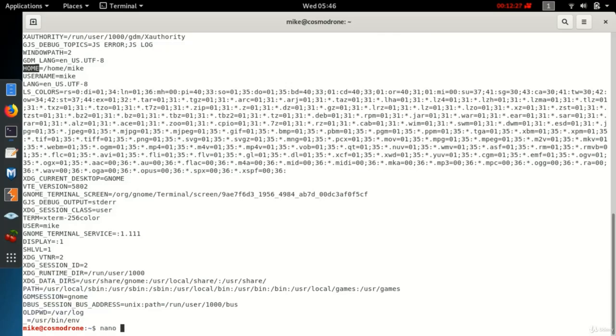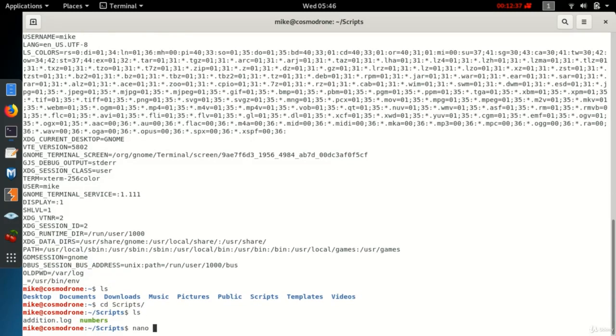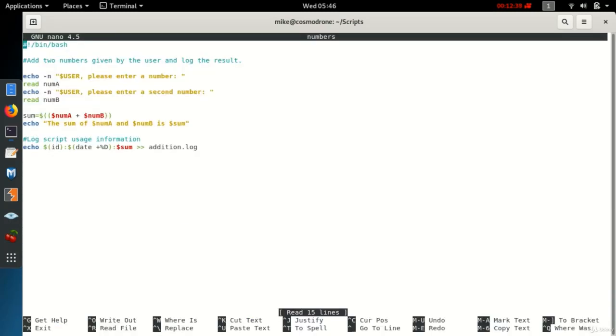So let's go to nano numbers. Oh, I'm not in the right directory. cd, where am I? I got to figure out where I am. Oh, there. cd scripts, nano numbers. And so down here, when we create the log file, we're going to add to the path here. We're going to start by doing $HOME